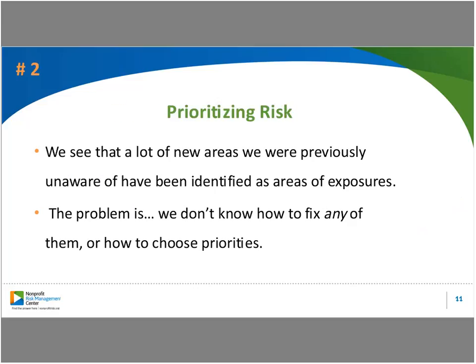So a second common question, and this may actually be the biggest thing that we hear, is how do we prioritize our risks? We've identified areas of risk. Maybe we have 10 different areas of risk. They all seem relevant, and like they might actually be a problem for our organization, but we can't deal with them all right now. So how do we figure out which one to focus on first? This is obviously a very difficult question, and it takes a lot of information and discussion within your organization to figure out what's going to work for you.